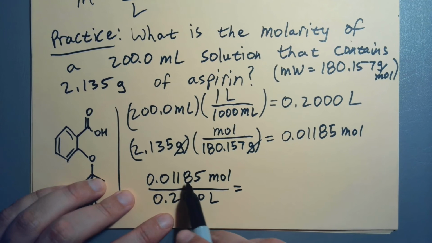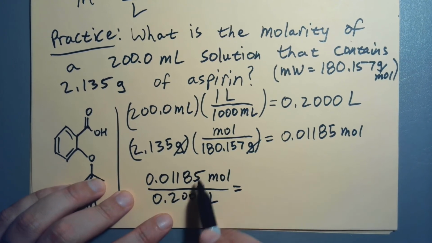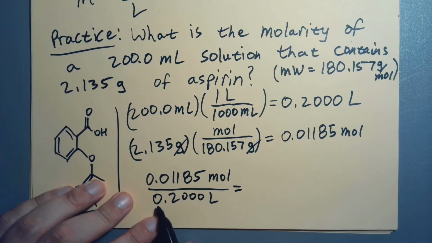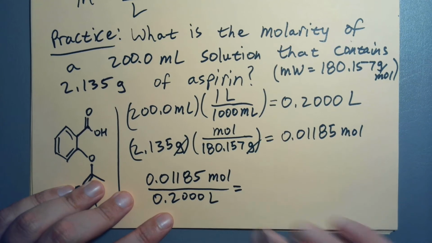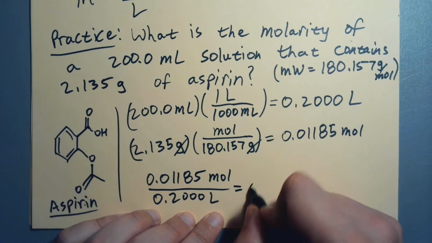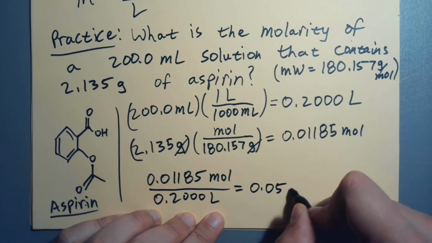I've got 1, 2, 3, 4. Never trust those leading zeros. 4 significant figures on top. Another leading zero. Don't trust it. Definitely don't give it your social security number. I got 1, 2, 3, 4 on the bottom, so I get 4 at the end. Pretty straightforward. And it comes out to be 0.05